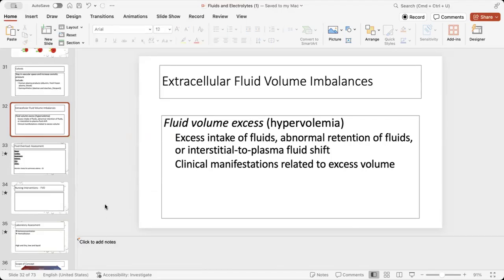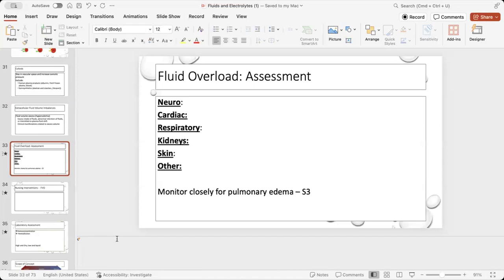All right. So let's look at what we might expect if a client is taking in too much fluid. What type of neurological changes would we need to notice? You have fluid overload. Confusion, yep. Might have some changes in their level of consciousness. Okay, what about cardiac? What is my heart rate gonna be? I got all this extra blood volume. What's my heart gonna do? It's gonna be higher and harder, right? Because I have more volume. I need to pump it through my body.